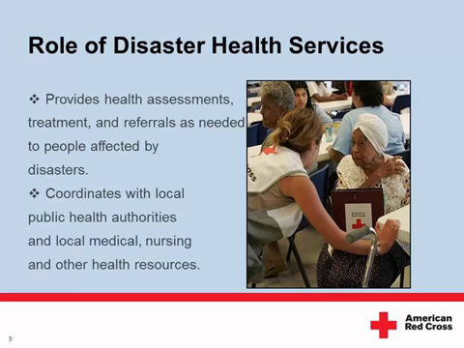Some examples of interventions that we might participate in: an individual health assessment as persons walk into the shelter might result in a triage decision or a need for a referral to a higher level of care. A population assessment of a group of shelter residents might find a need for a public health referral due to exposure to communicable disease. Or special measures may need to be considered if there are not enough sinks for people